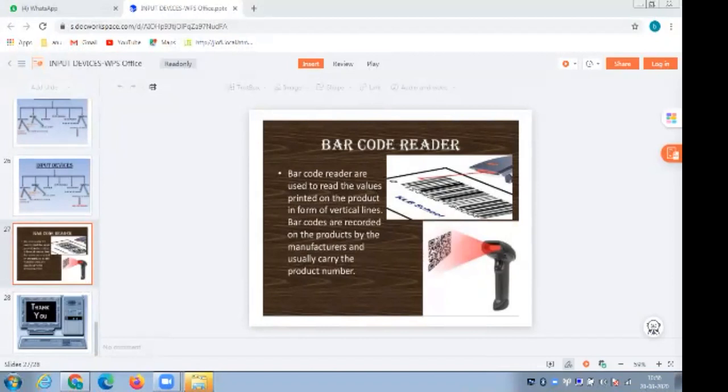Barcodes are recorded on the product by the manufacturers and usually carry the product number. So, as I explained before, they carry the product number. This is nothing but a product number.